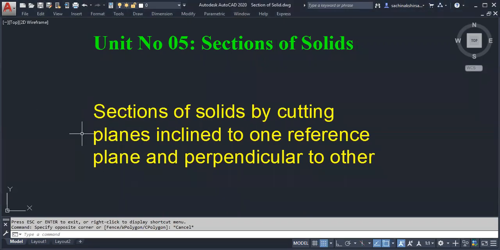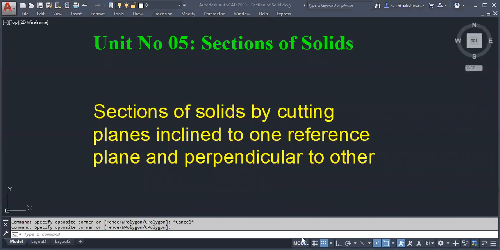Will it show its true shape, its line view or edge view, or its apparent shape? Edge view or line view. So edge view or line view is the correct answer. If it is perpendicular to that plane, it will show edge view or line view.